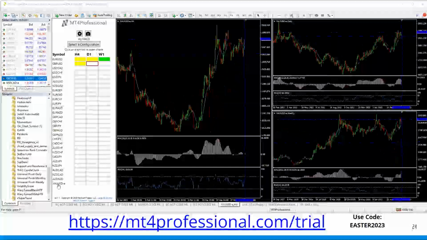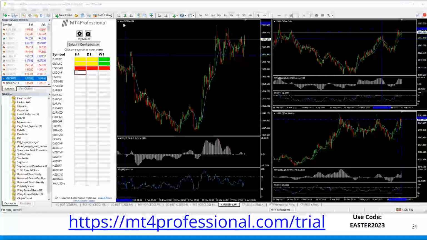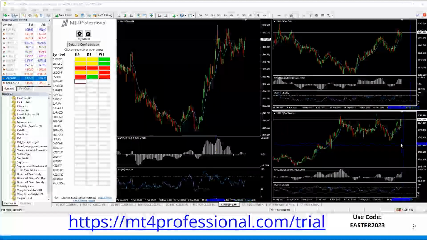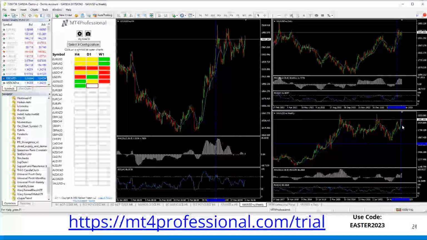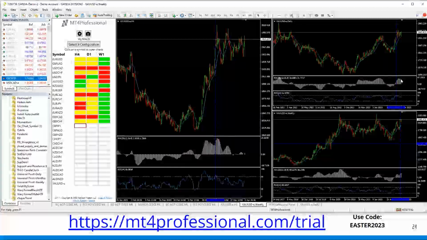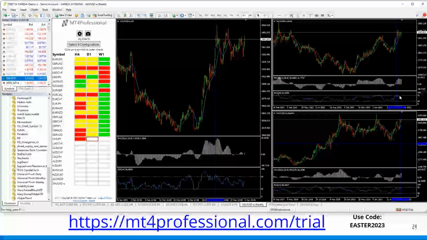So by clicking on gold, here you can see the gold US dollar set up on a 4 hour, daily and weekly setup chart. So longer term, you can see gold is bullish, weekly, daily, bullish, short term, bullish. But you can see that the multiple indications show us that there's some bearishness on the shorter time frame. There's also some bearishness here also, in that you can see the relative strength has gone flat and is very close to an overbought condition.